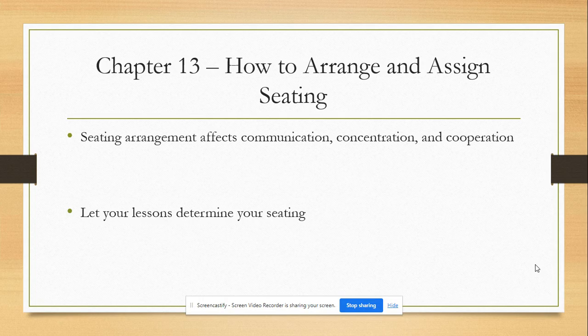To determine the seating arrangement in your classroom, decide what will students be doing? Who's going to communicate with whom? What kind of arrangements are possible within my classroom? And which arrangements will I use? As activities vary, so should the seating arrangement. It's also important that you assign students to their seat on the first day of school and help students find their seat as they walk into the classroom.